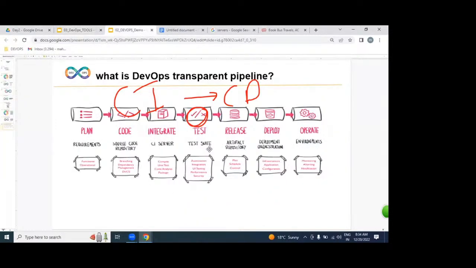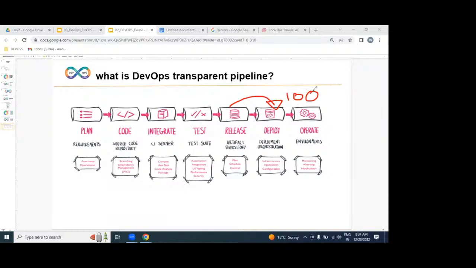Once it is delivered, our application goes into release. From this release, are we going to place it on hundreds of servers or no? With an automated or manual way? Automated. So we have hundreds of servers.